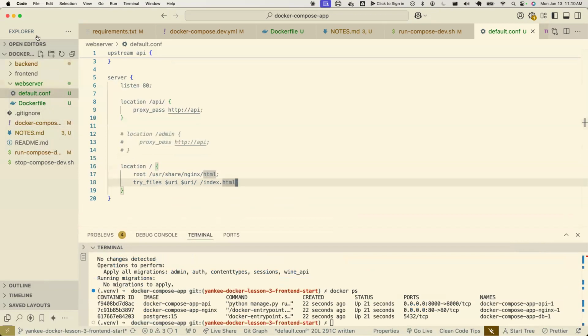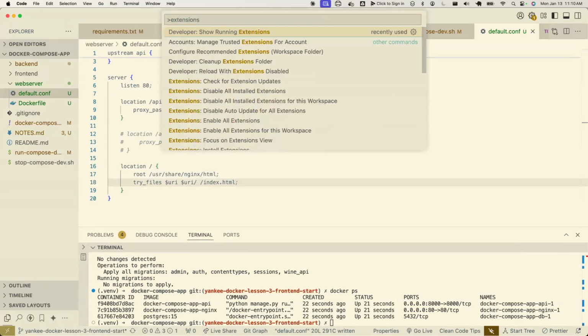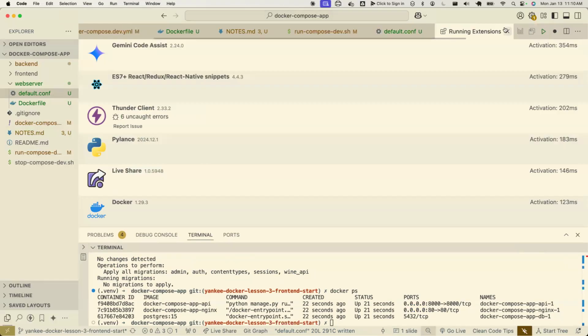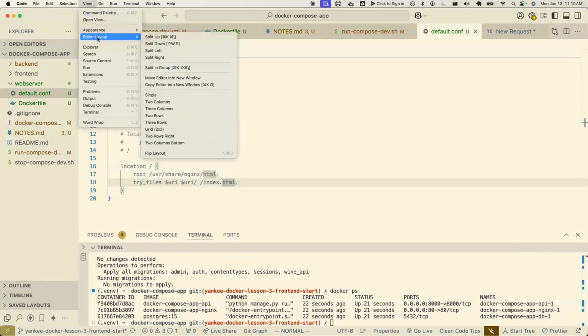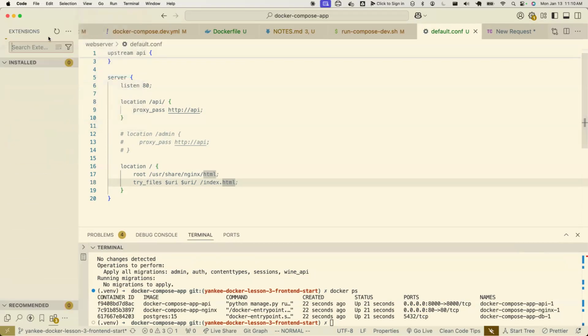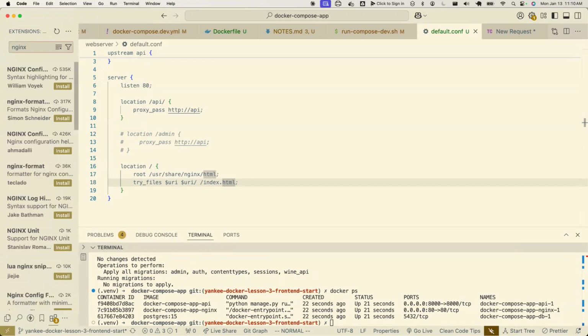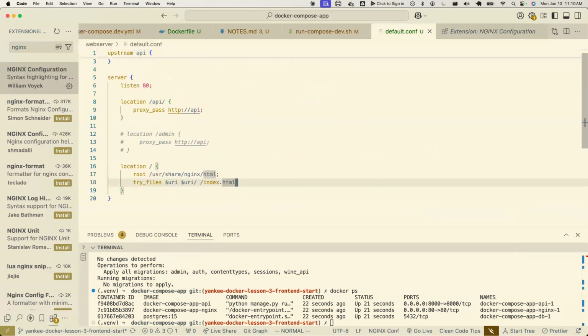The other takeaway here is if we go to extensions, yep, syntax highlighting for Nginx config files, which I did not have installed. So that's the real takeaway here. Because maybe that extension isn't running now, but 5 gets you 10 that